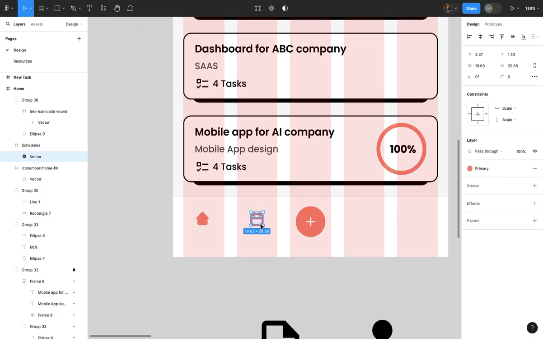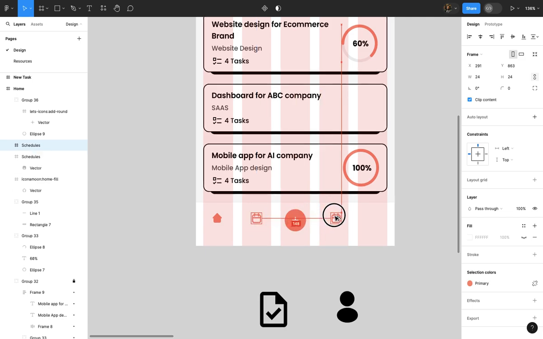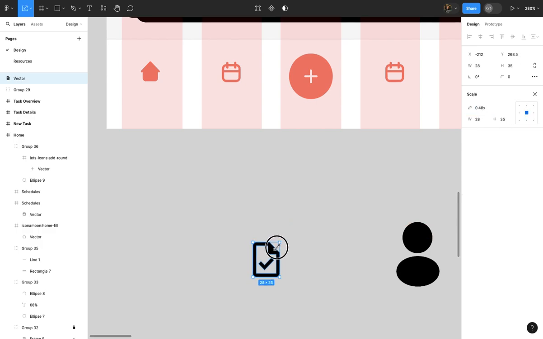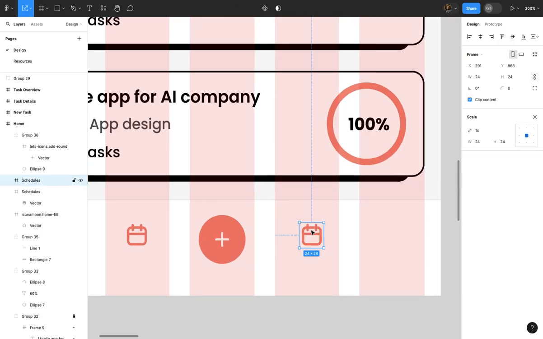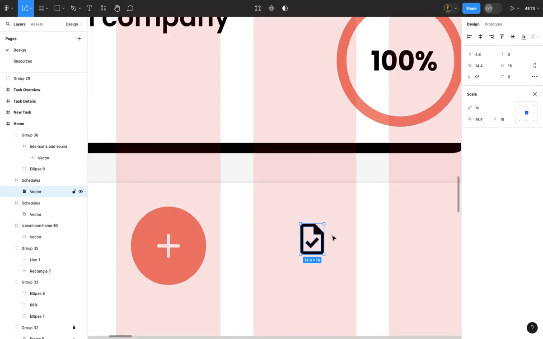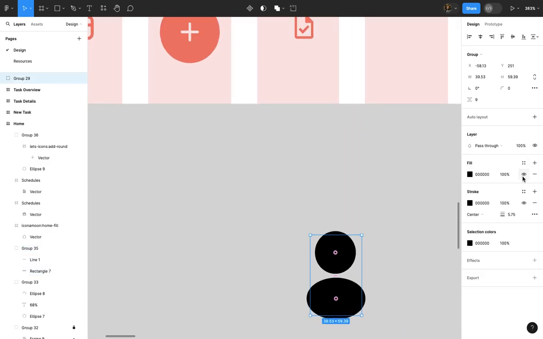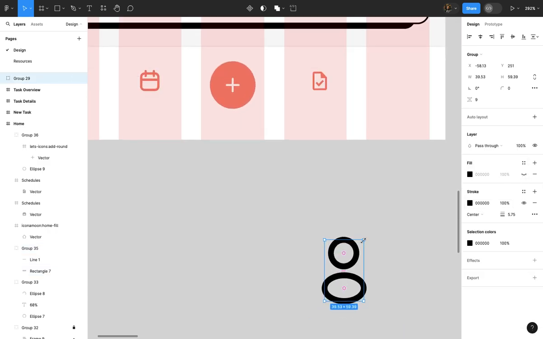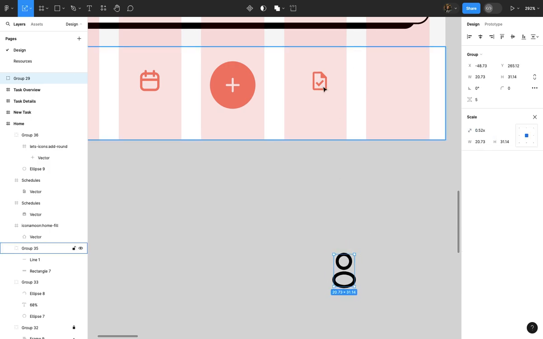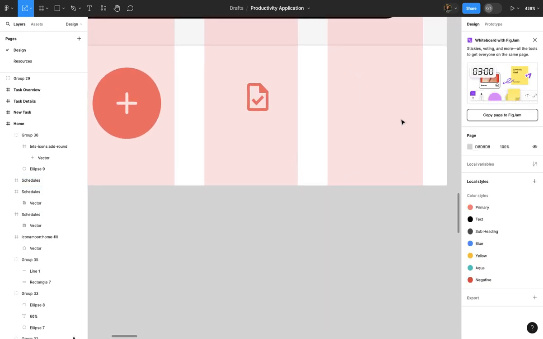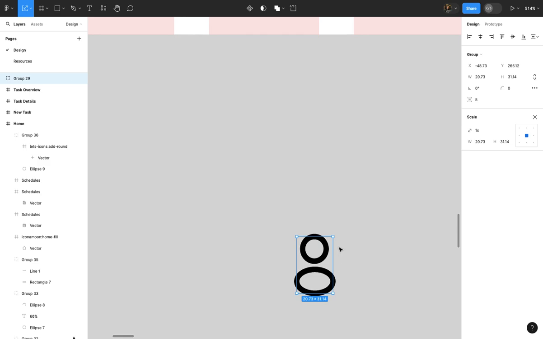Now the second option, or third option, fourth option, which is this tasks. Delete it, paste here. Great. Give the fill color primary. Great. Here we want to remove the fill. Yep. Duplicate this one. Remove the icon and